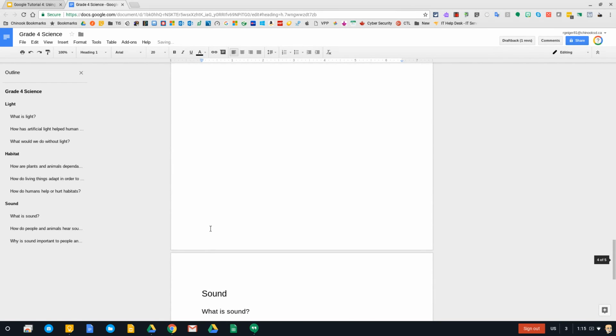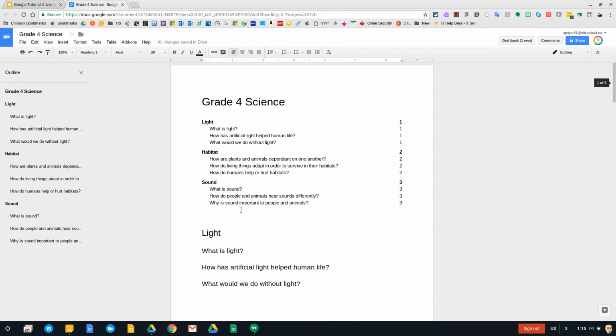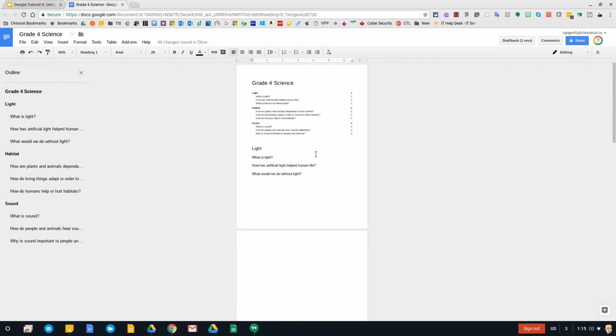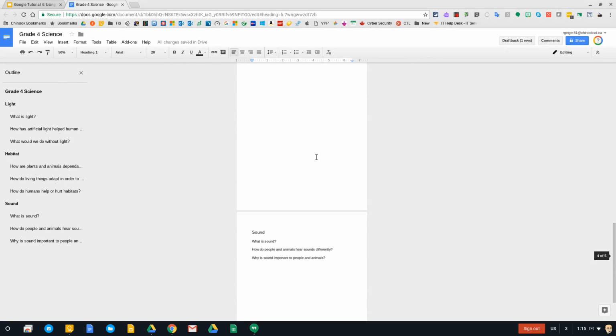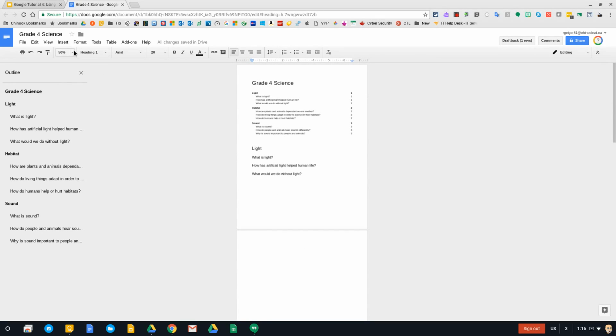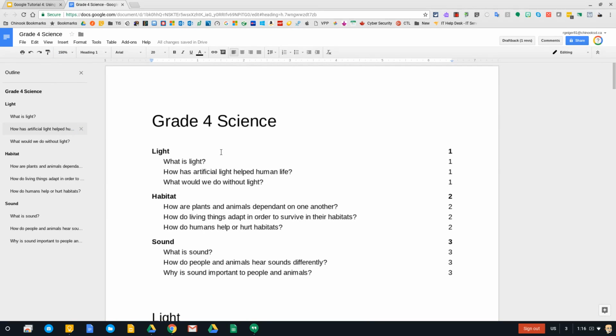So I'm just hitting Control Enter here, holding down the Control key and hitting Enter, which just pops it to a second page. So if I want to see this now, you can see I've just added some extra pages in there, just so that I can do this. Just so you can see this, I'm now going to click in here